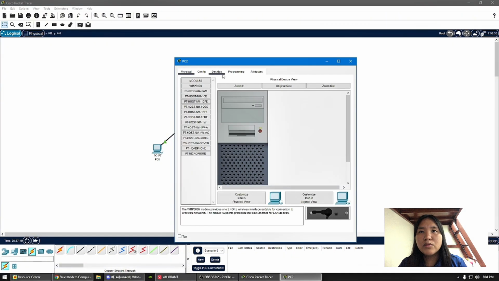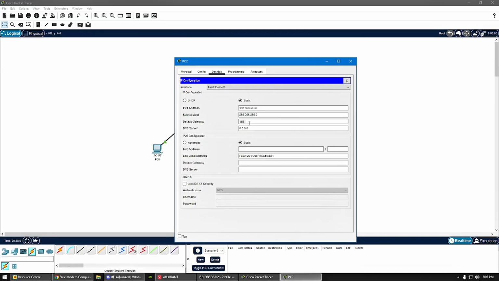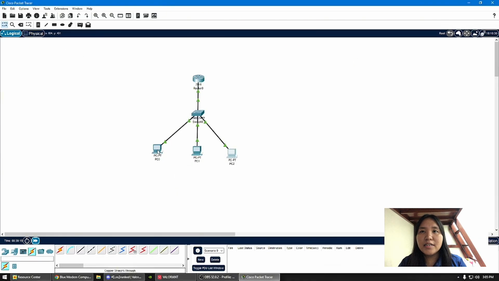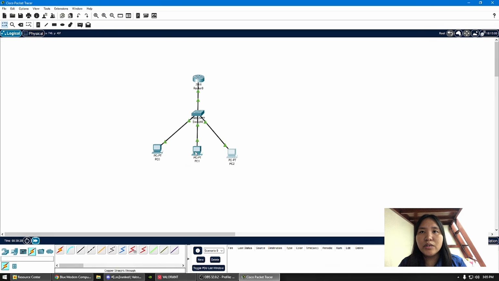Then next, we will also configure the IP address for PC3, which is 192.168.30.30, and also the subnet mask and default gateway. Then that's it. We will see the IP addresses that we input earlier on every PC.